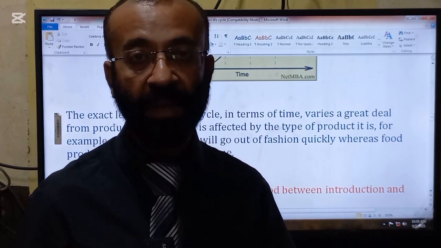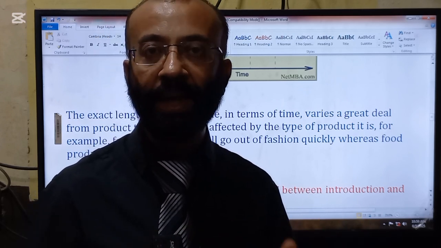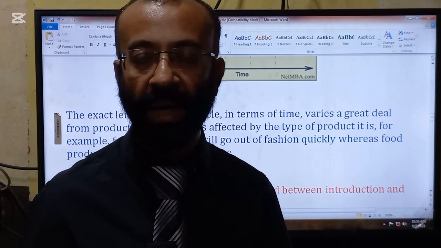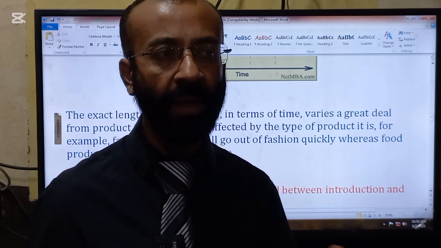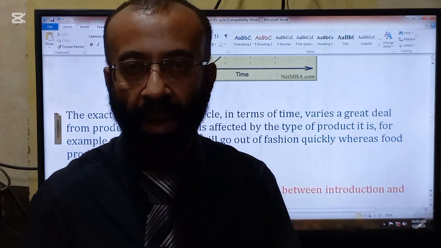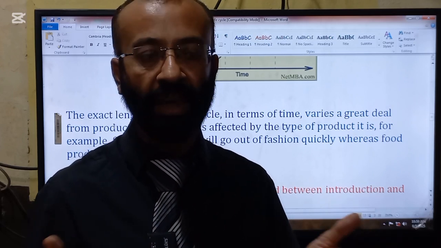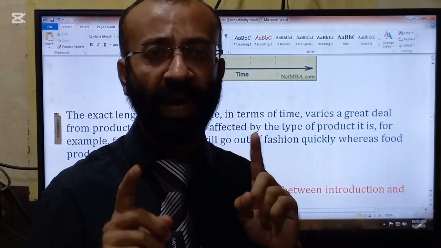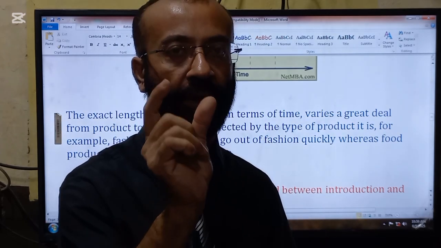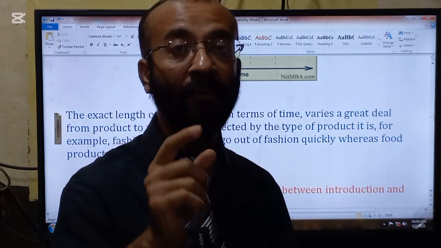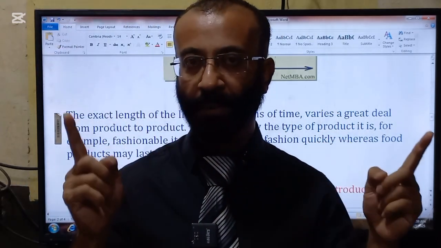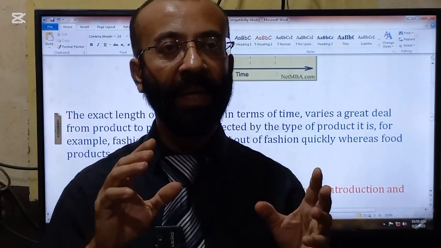is another very famous example. Sometimes tight jeans become popular in the market. Sometimes loose jeans become popular in the market. Sometimes loose bottoms become popular in the market. Sometimes tight bottoms become popular in the market. So fashionable items have a very short life cycle, whereas the food items have a longer life cycle because the